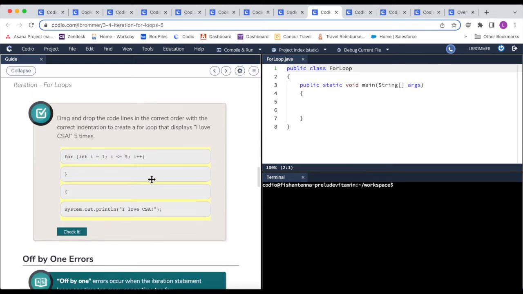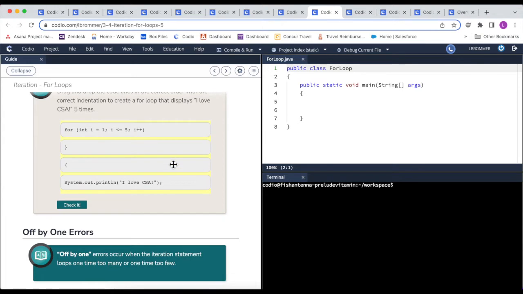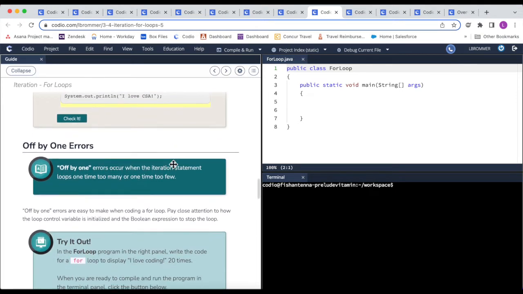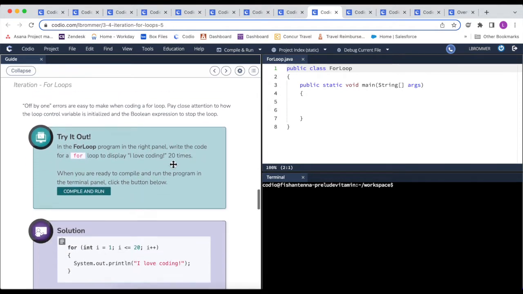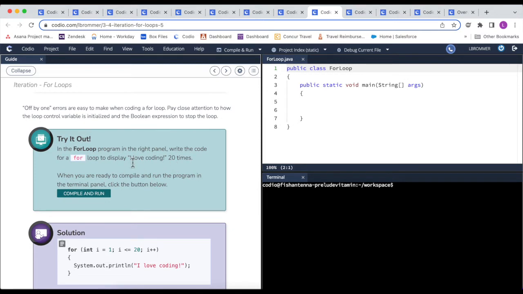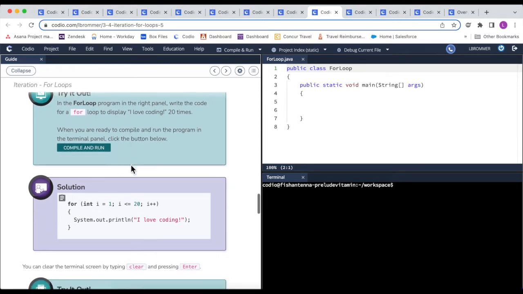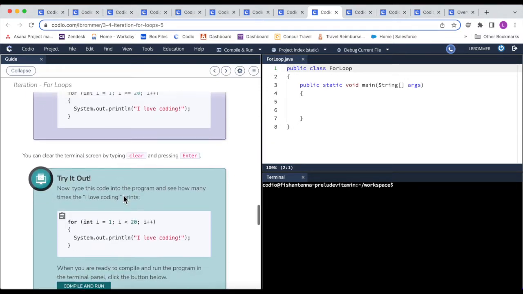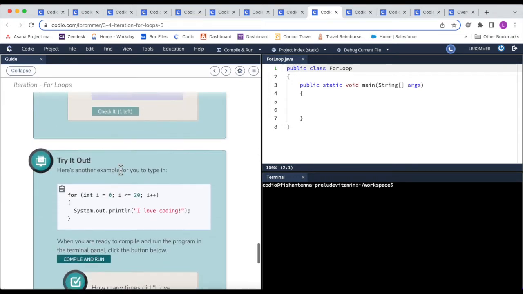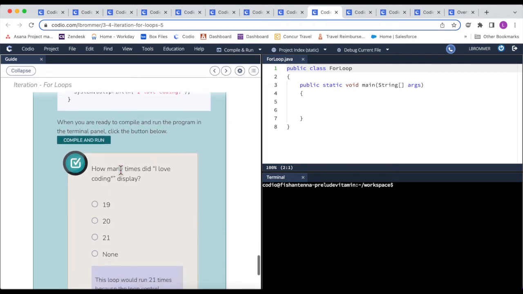And then they get to do a Parsons problem where they put code in order. These are invaluable for students, for them to understand and learn. We talk about off by one errors. And then we have them write code. And we give you the sample code here, and now they change it a little bit. And so they're just working with the code here,